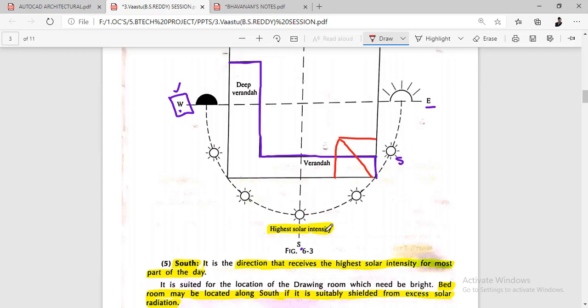High solar intensity at this point, nearly 1 o'clock in the day, and most of the lighting and the heat will be in this south direction. And if you come to the west direction, it is somewhat, but most of the west direction, when,